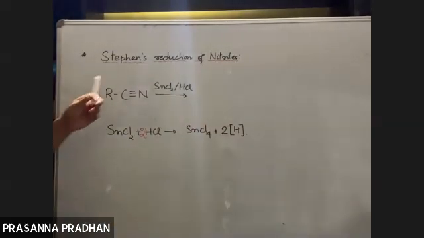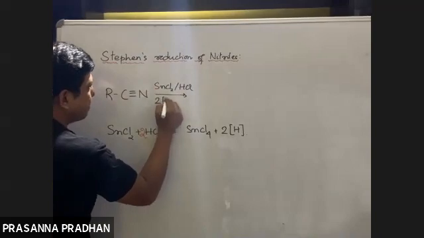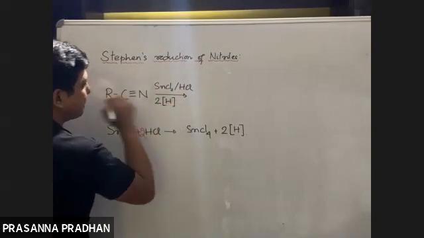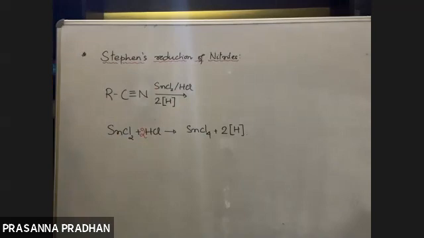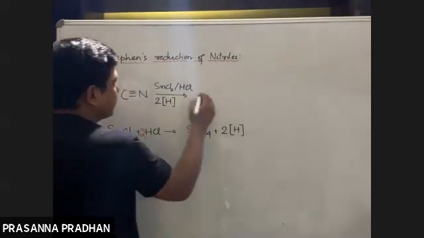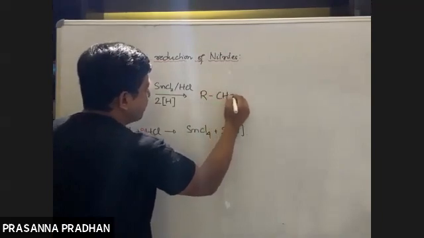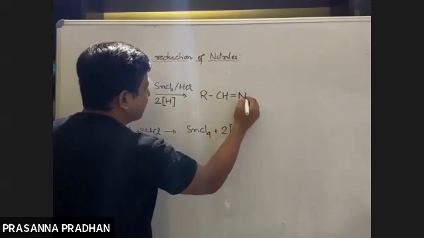So if we employ this particular reagent, then these 2 reagents will react and it will liberate 2 nascent hydrogen atoms. Okay, 2 nascent hydrogen atoms will be liberated. Now from the chemistry we know, what will happen to this nascent hydrogen? Triple bond. So these hydrogen will be added across the triple bond like this. For example, R, 1 hydrogen out here, the triple bond will get reduced to a double bond, 1 hydrogen out here.